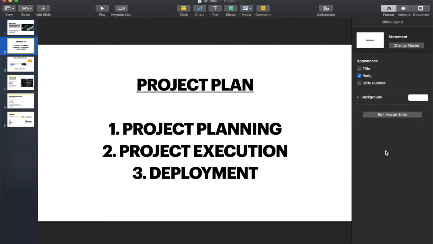All right, we're going to start with three main project sections. There is definitely more to this, but for this tutorial and for these lectures, we're going to work with project planning, and then we're going to go into project execution, and then project deployment. A lot of tutorials you will find only focus on project execution. This is why I'm trying to help you by giving you an entire project approach, letting you know all the things you will need to do, because project planning, as far as I'm concerned, is one of the most important parts of